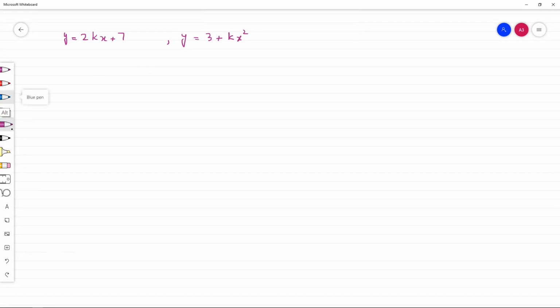So if you look at this now, y is equal to 2kx plus 7 and y is equal to 3 plus kx square. One is quadratic while the other one is linear. Number one and number two. So first look at this. The simultaneous solution of a linear and quadratic equation can be possible in these ways, that this line may intersect